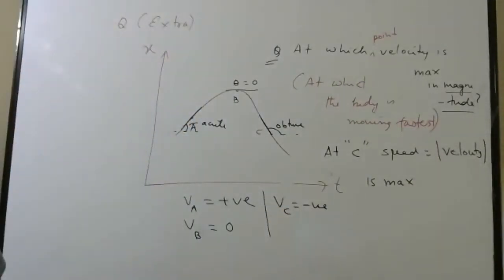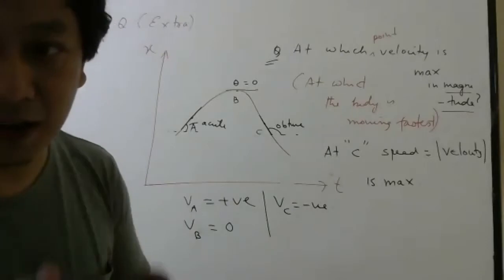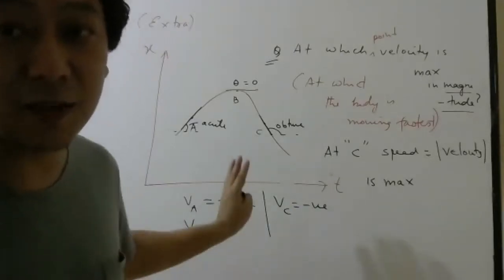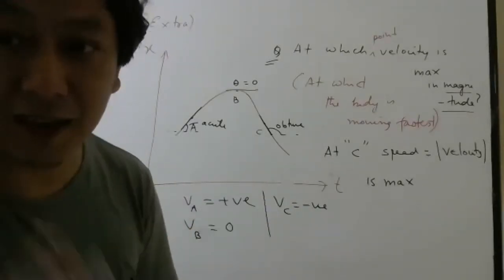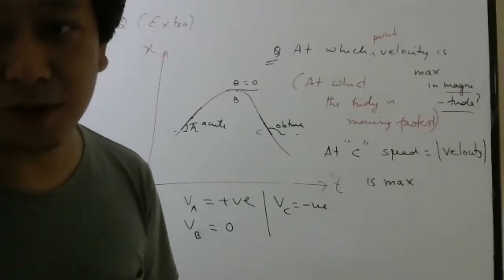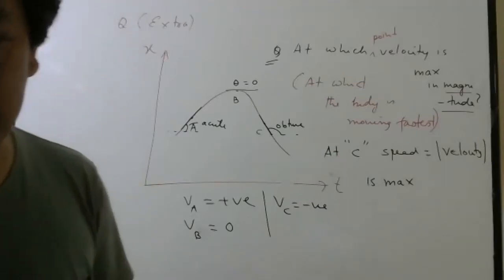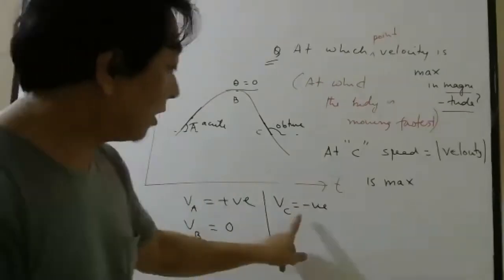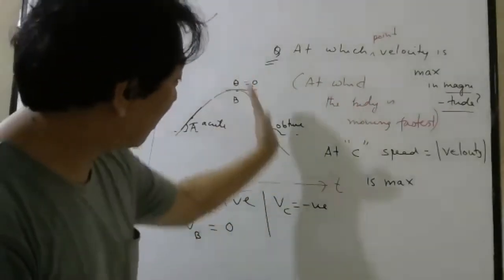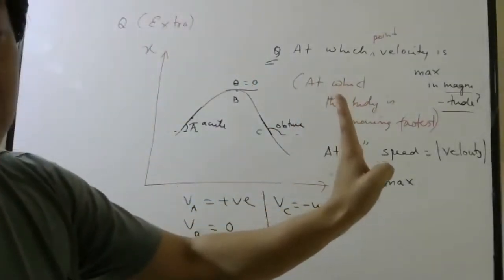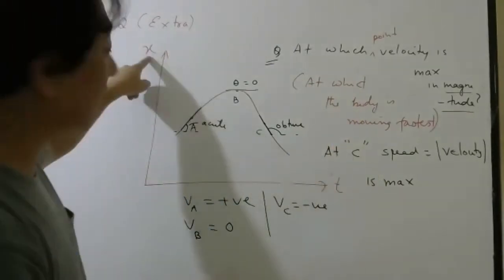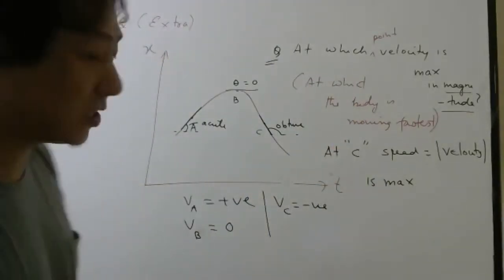I know that velocity here is negative, and some of you may think negative is less than 0, but that is not true in magnitude. In magnitude, all are positive when you take the modulus. Understood or not? So this will be the point where the tangent is more vertical. More vertical means your position is changing faster. Obviously, no.